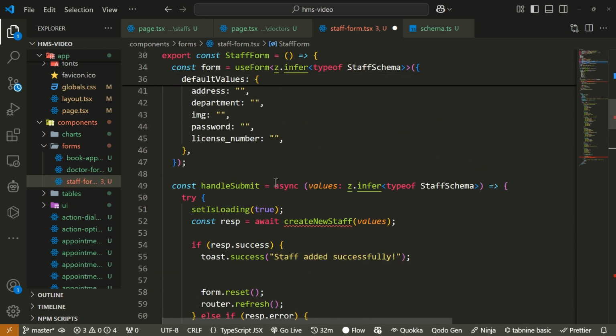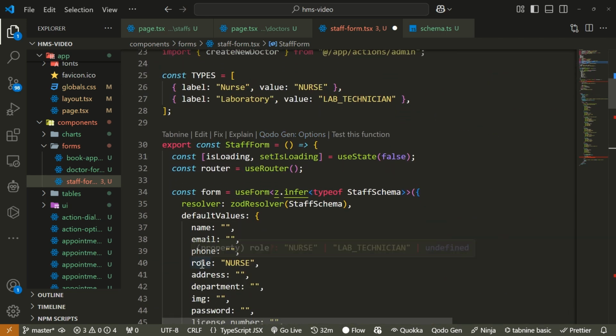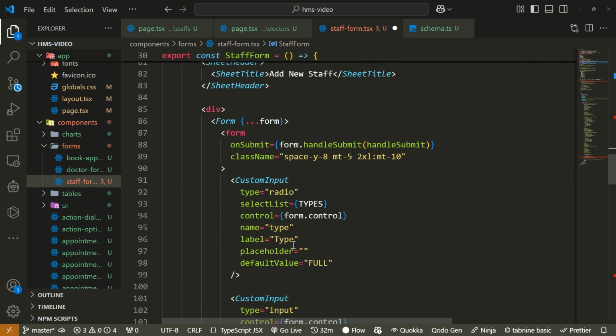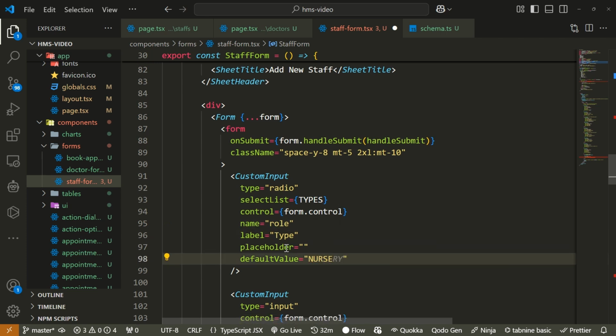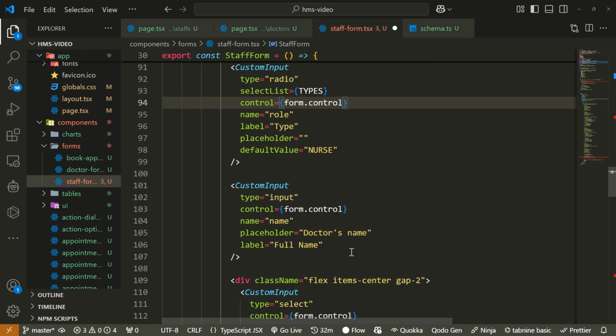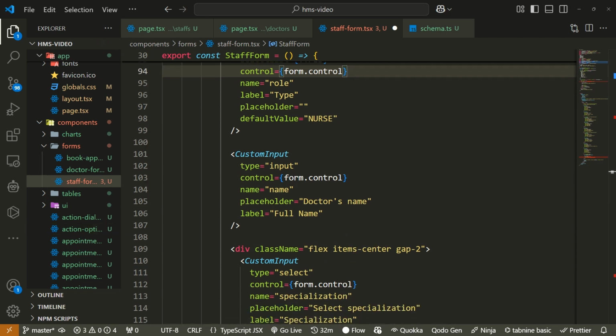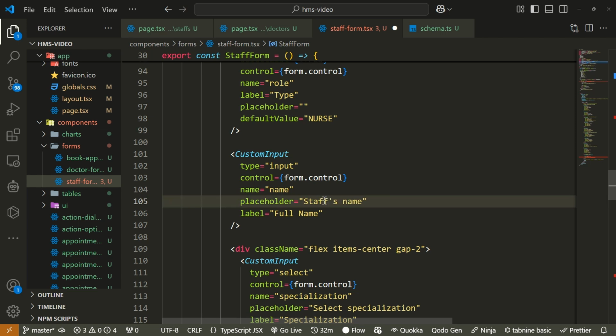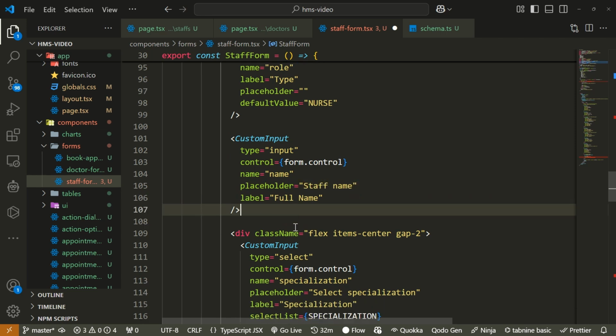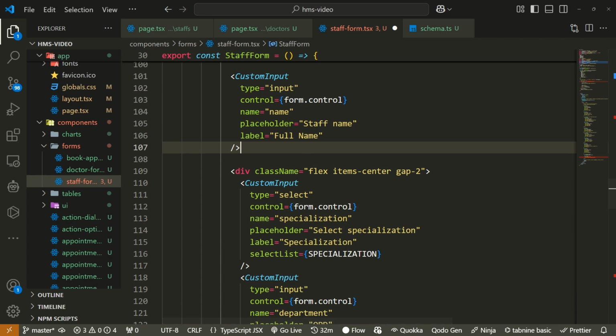Okay, so we don't necessarily have a type. It should be the role. So the type will be the role, right? And here will also be type. Okay, we can leave the label as type, but the name should match what we have in our schema, which is role. And the default value, I'm going to put nurse also here. Okay, the next one will be the name. So input name. So staff name, right? Full name. Okay, the next one will be